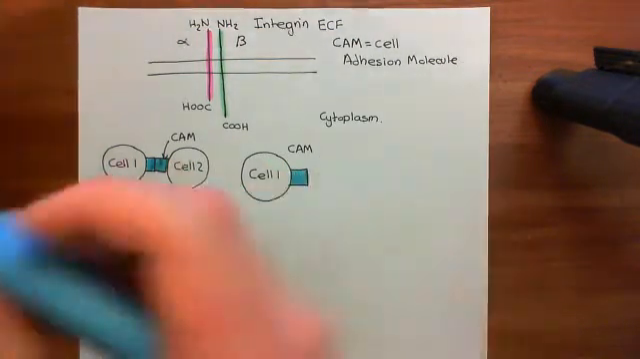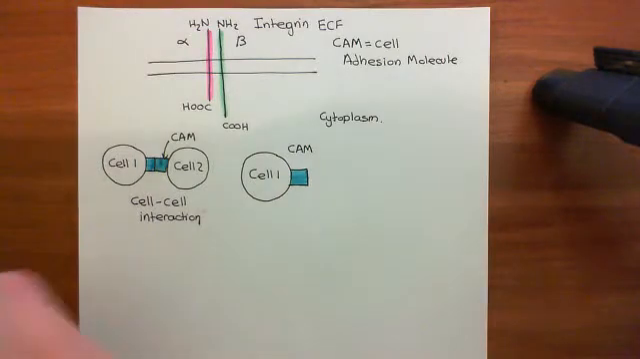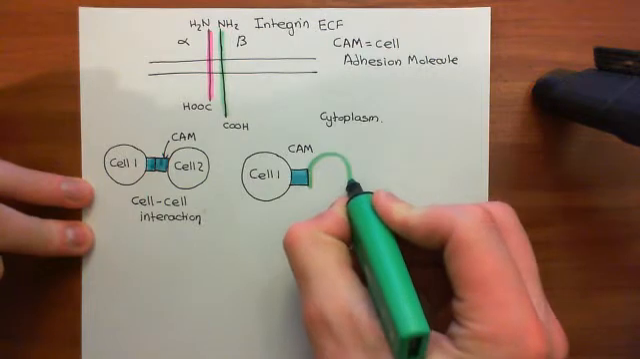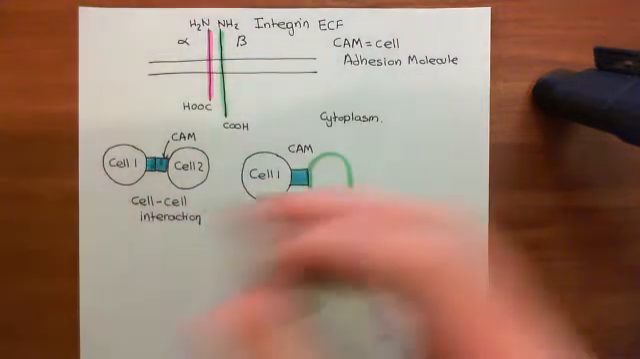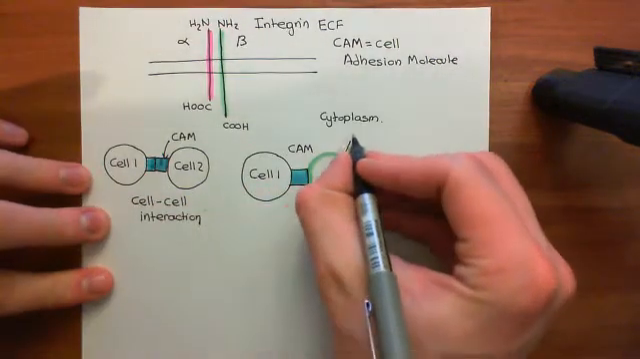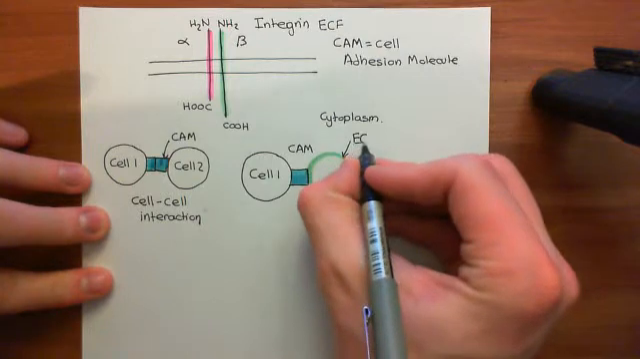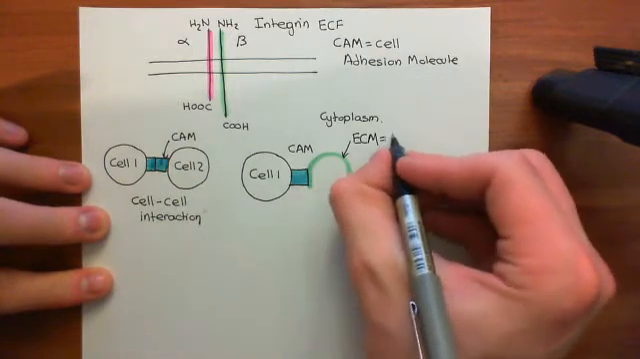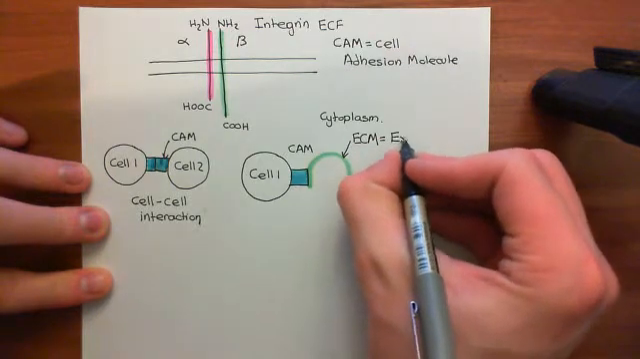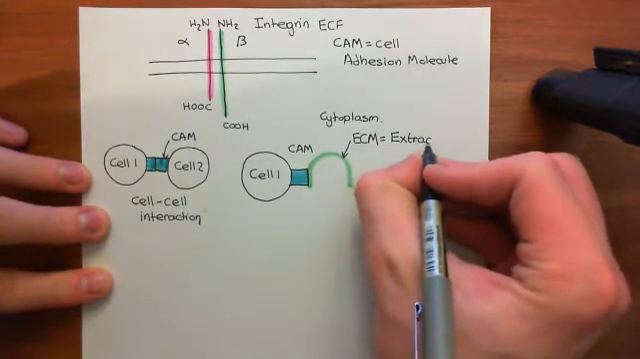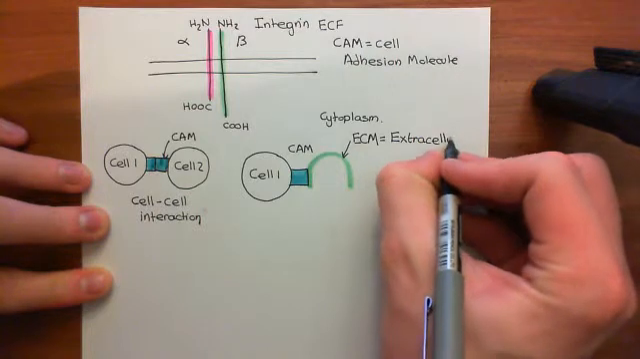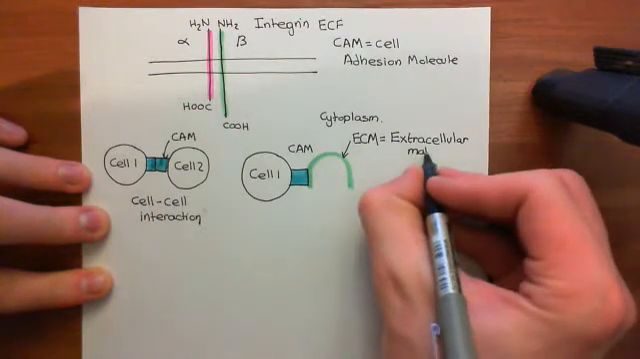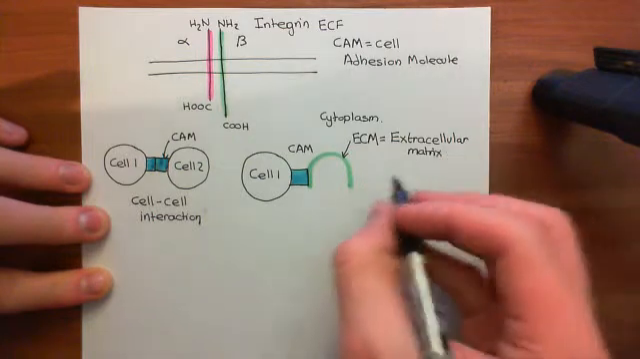Instead, what it's going to do is bind to some component of the extracellular matrix, which I'll show here in green. So this green fiber here is some component of the extracellular matrix. For short, I often abbreviate extracellular matrix to ECM, but I think I should write it out at least once. So the E is for extra, the C is for cellular, and the M is for matrix. And basically,